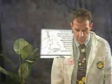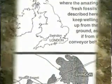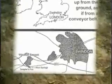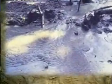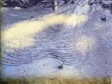In the United Kingdom town of Wanton Bassett, there are amazing fresh fossils that are coming up out of a bubbling mud spring. This is located near London. It's like a giant conveyor belt. Here we have a picture of it, and just this mud just bubbles out of the ground. And in that mud is coming out